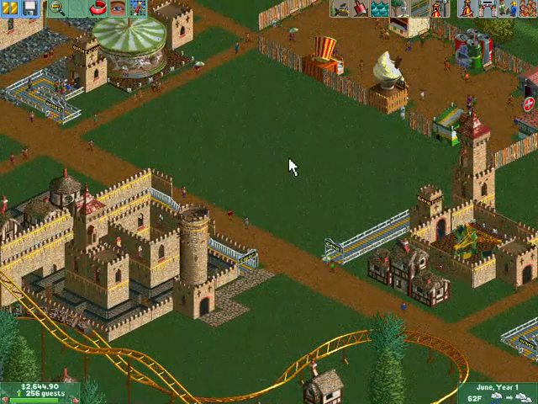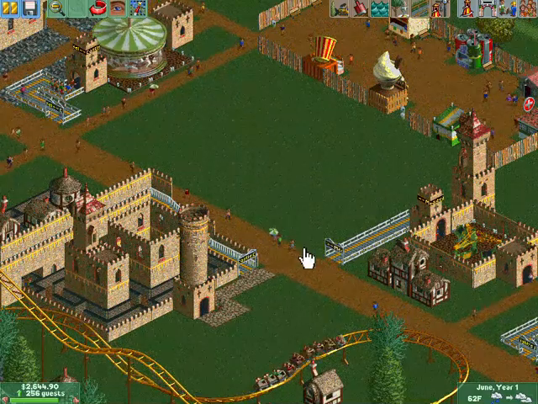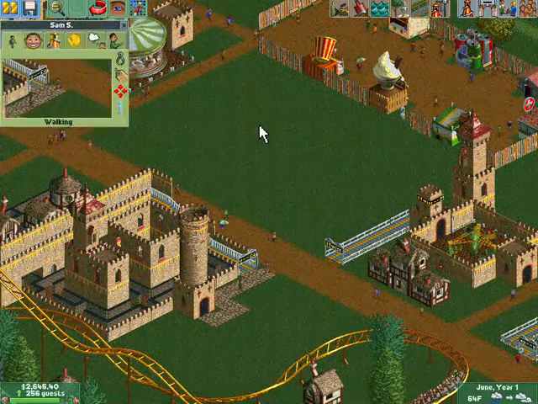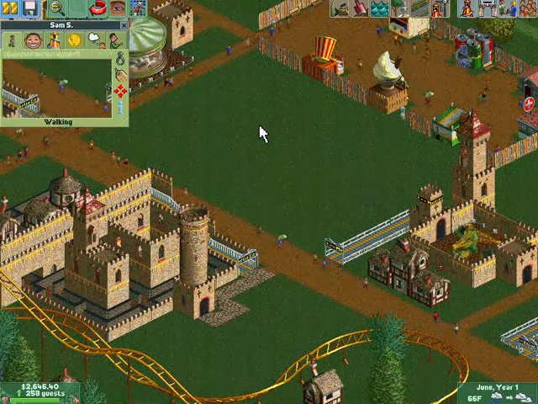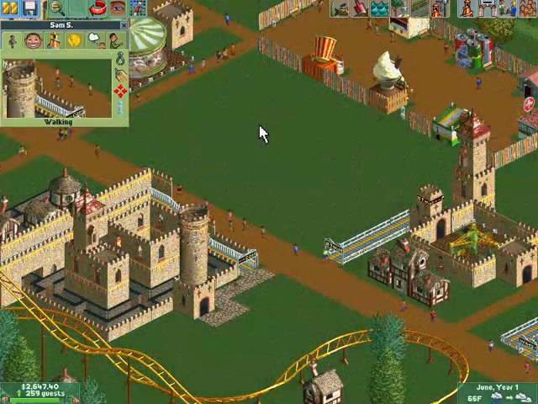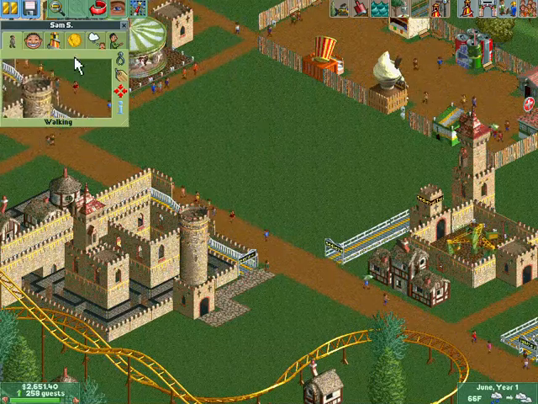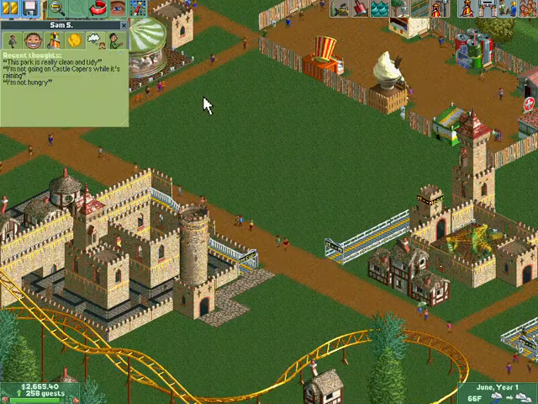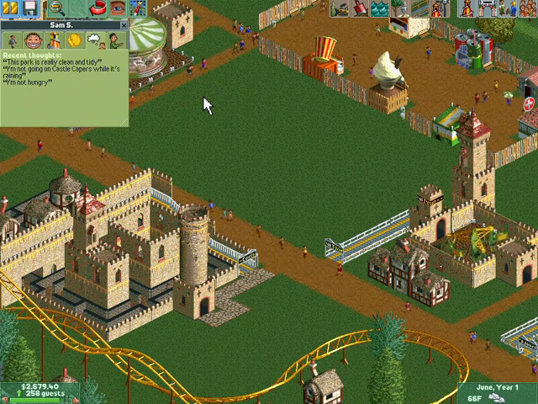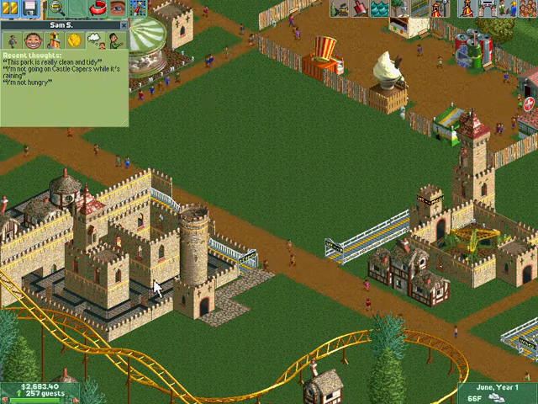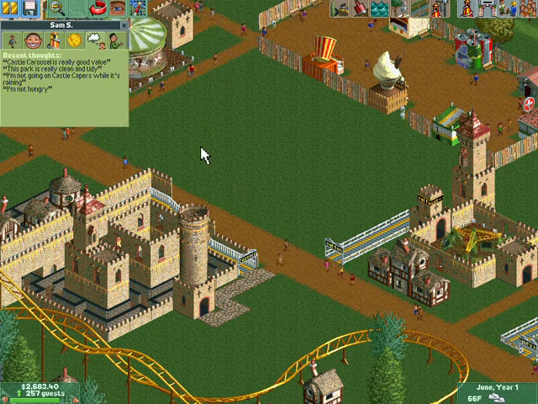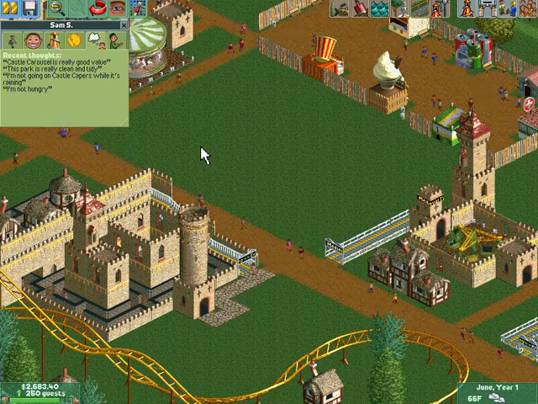Oh, let's talk about the guest itself. Let's go with this person. We'll just have Sam S be our demonstration here. So this is what you see when you select the guest, and as you can see, a little thought just popped up. If we click on the thought bubbles, you can see that they're satisfied with the park, but they chose not to go on the Castle Capers maze ride in the middle of the rain, which I think makes a lot of sense,